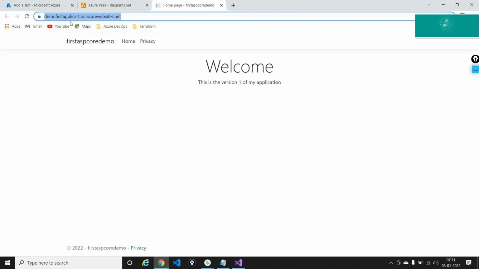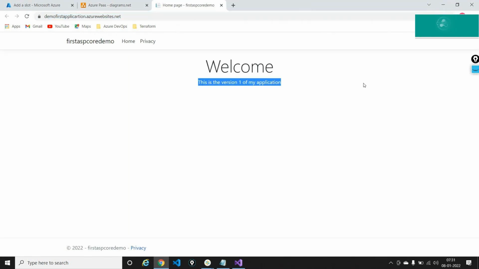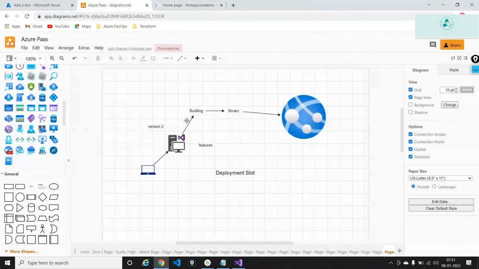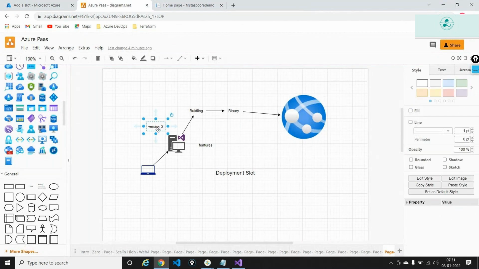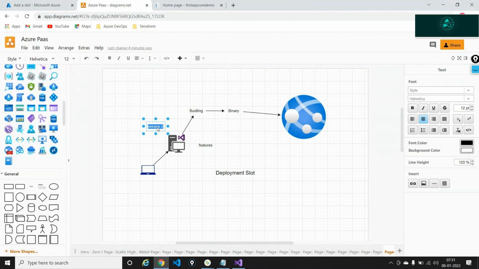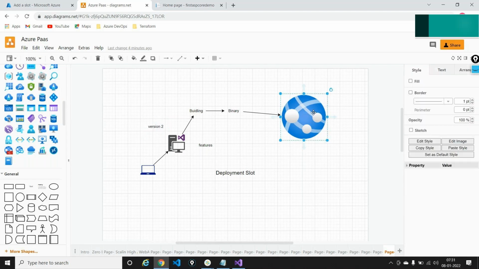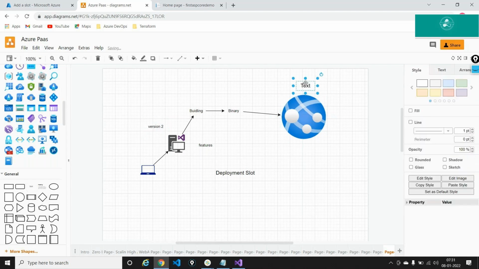So now this is version 1 of my application that's getting loaded. Every time I do a deployment, we will see this issue: you will have a bit of lag. Now the company says, okay, fine, great, you have brought back version 1, but we have to improve version 2 and then release it. But this time we'll take a smarter approach. We'll try to do all the testing beforehand, before you hit the production. This is the production or the live environment.